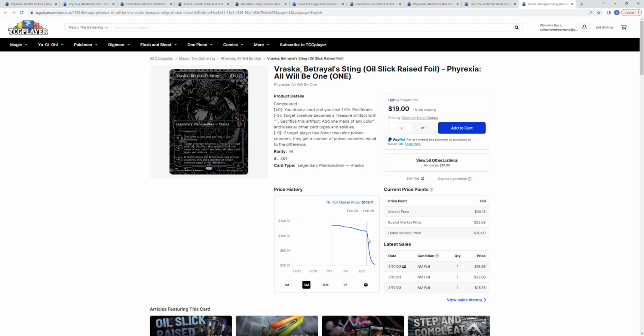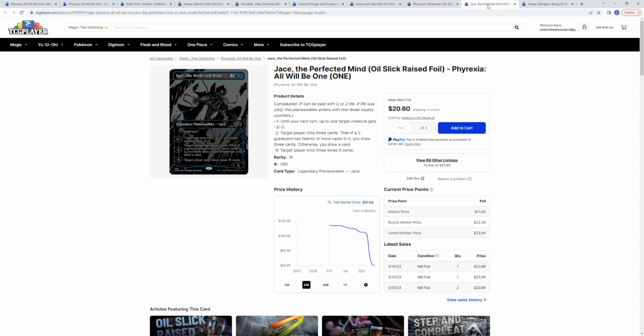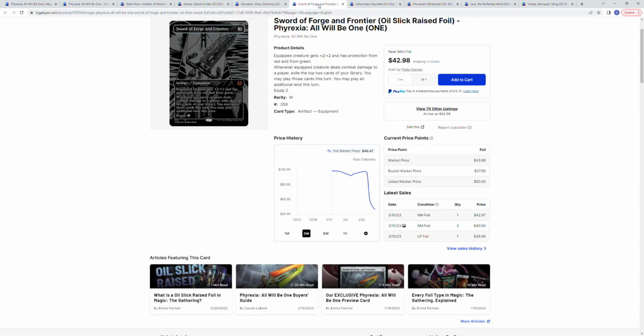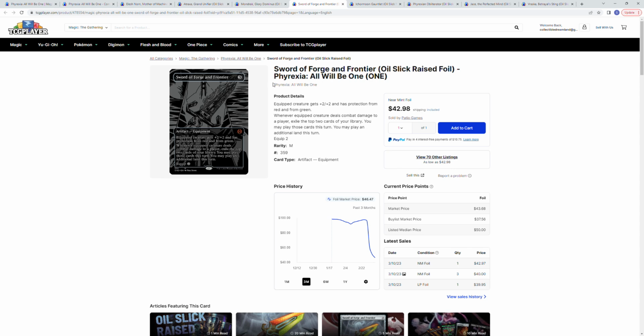Vraska, this will be the last one we look at. Vraska is also a nice card. Almost 110, just under 110 right before release. Down to $20. That's absolutely crazy. So as you can see, this is my first reaction to this. And that is absolutely insane. The amount that these cards have dropped. That is absolutely insane. If you bought these to try and flip,